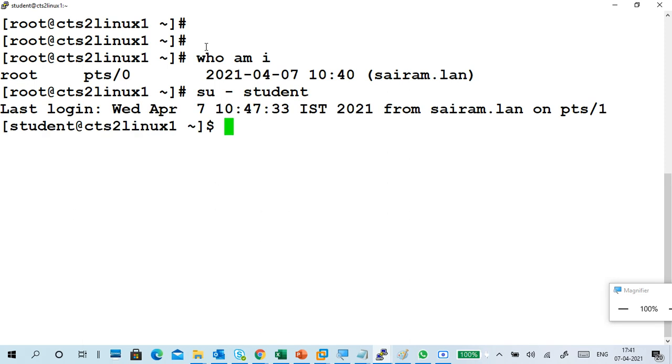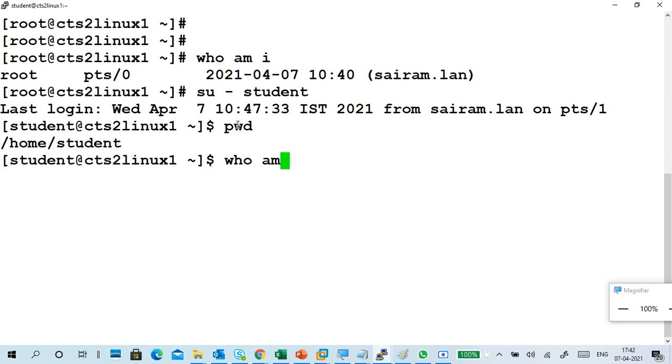See, my login is shown as student, and it is not asking any password because I'm switching from root to a normal user. Now pwd, the present working directory, is /home/student, of course.